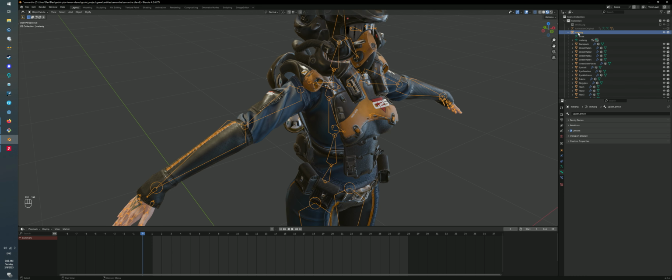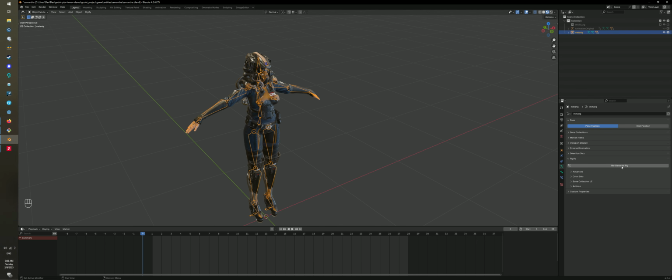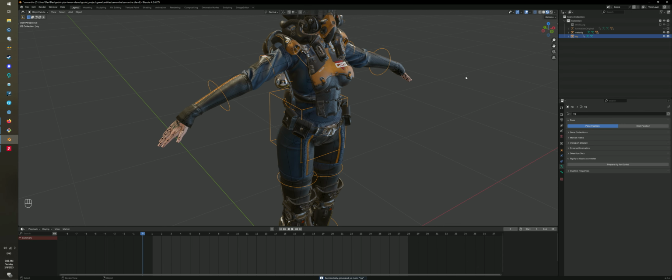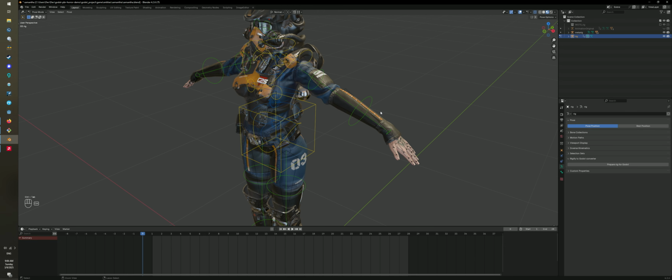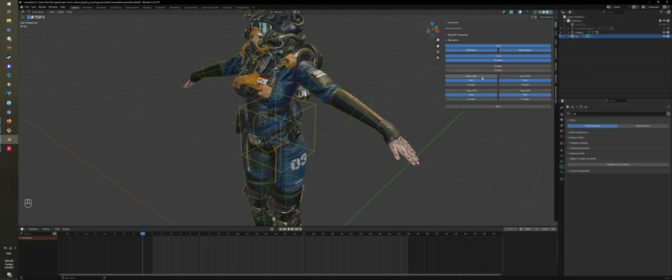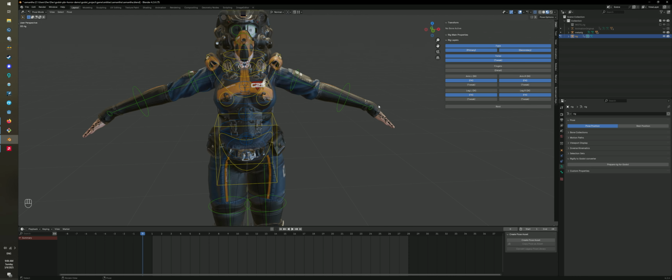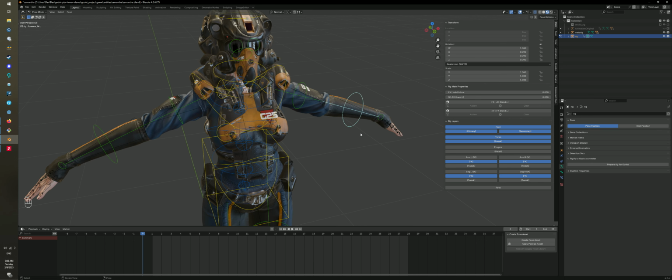And the naming is important because once I press generate on the armature to get the Rigify rig, the metarig in and of itself is basically not needed anymore. I'll get the fancy Rigify rig. You can't see all controls at the moment because I've hidden them like that. But if I move this one, it doesn't move the meshes at all. And the reason, or the workaround for that is